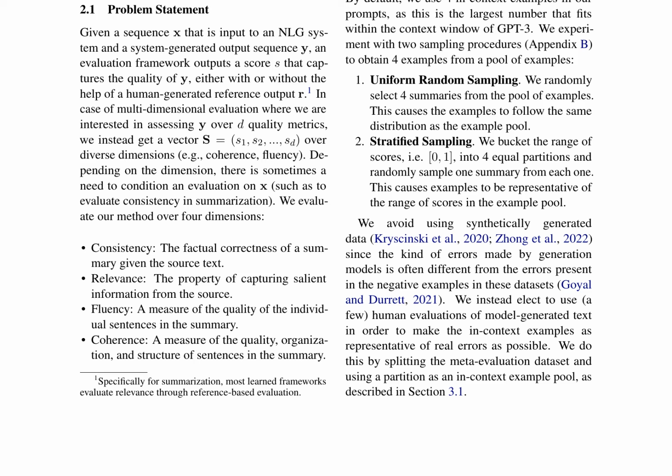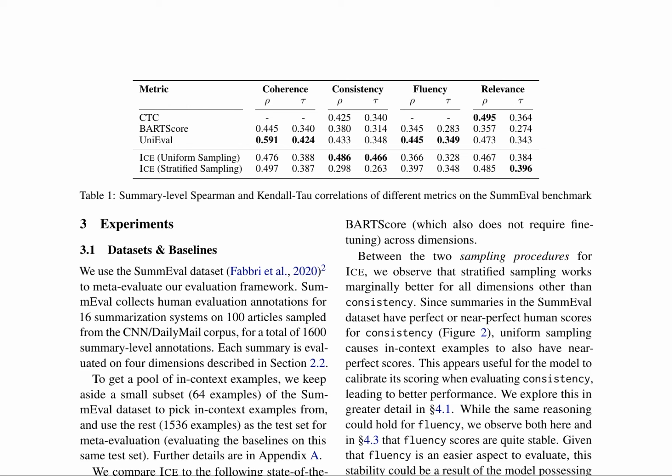quality of system-generated summaries. The authors present a meta-evaluation framework for assessing the performance of various metrics in summarization systems. They utilize the SumEval dataset, which comprises 1,600 summary-level annotations for 16 summarization systems on 100 articles from the CNN/Daily Mail corpus. The dataset is divided into a test set of 1536 examples and a small subset of 64 examples for in-context examples. The authors compare their proposed framework, ICE, with state-of-the-art multidimensional evaluators, including CTC, BART score, and